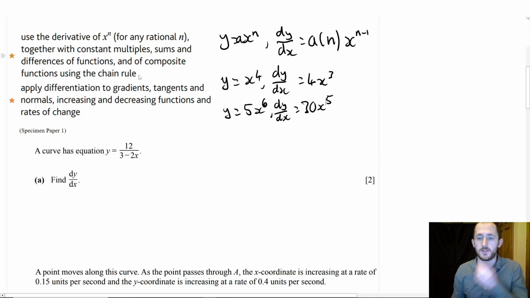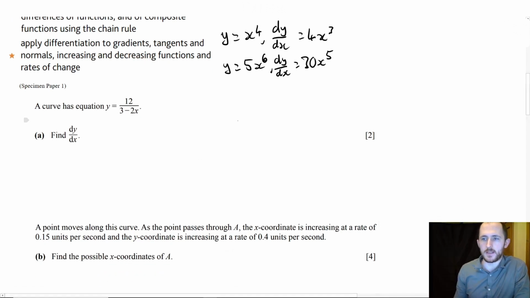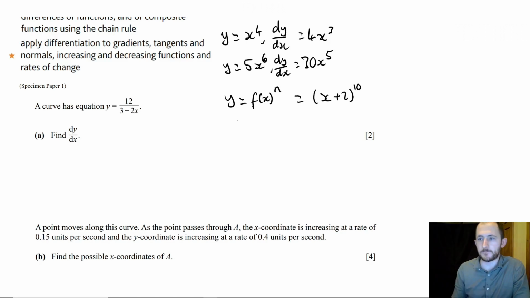How about composite functions? That's actually what we're going to look at right here. I'm not going to go through the formula, I'm just going to show you what it means and tell you how to do it, because in my opinion the actual equation is a bit difficult to read. So instead we're going to be using the chain rule. The chain rule, all it states is if you have a function that has some kind of power, so it could be something like x plus 2 to the power of 10, all you do is you